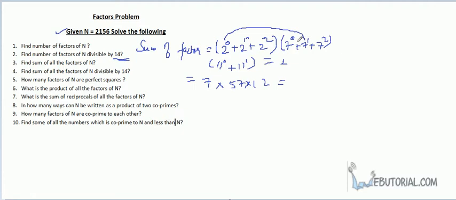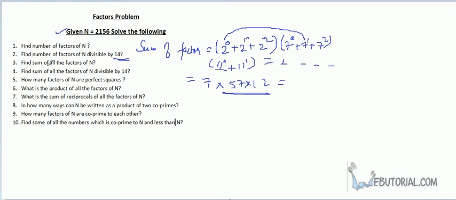Again 2 to the power 0 into 7 to the power 1 into this is again one factor. Similarly, if you expand, you will get all the 18 factors which we have just now counted in number of factors. And this is the way to get the sum of all the factors.